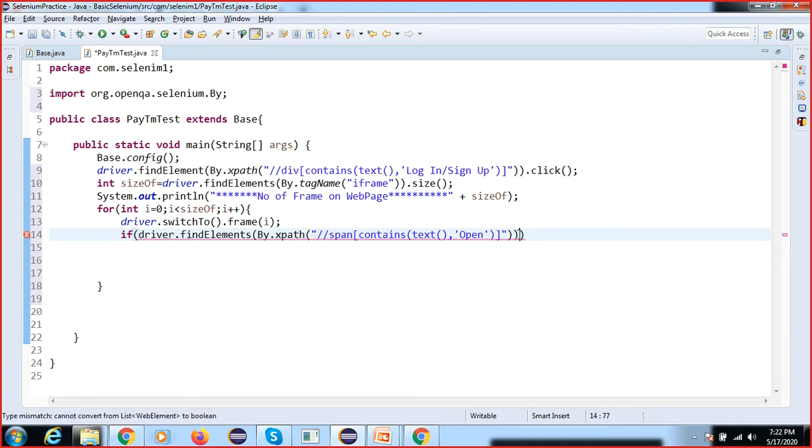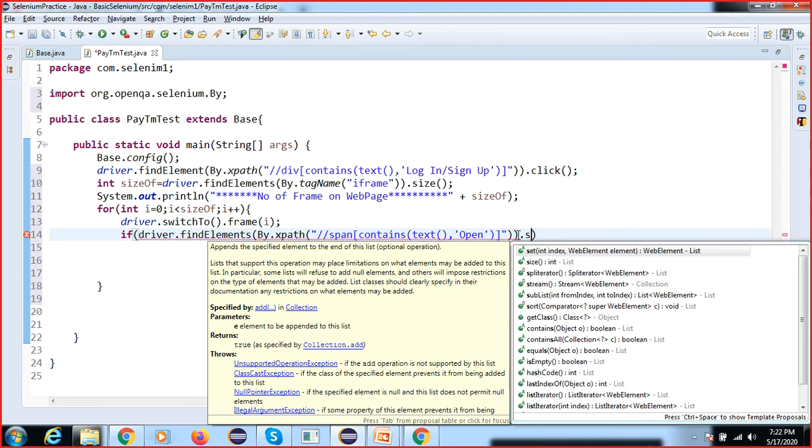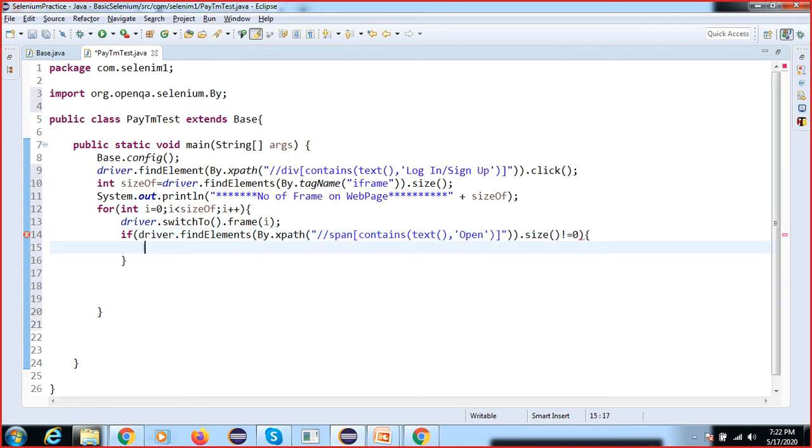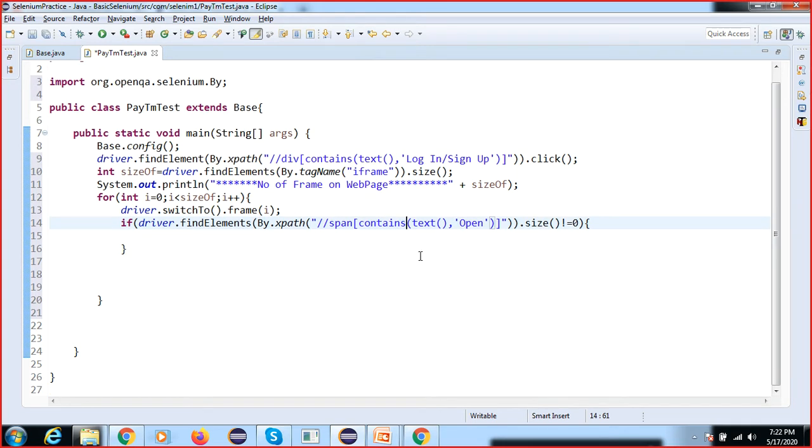Here I will use the .size() method, not equal to 0. This is the condition I will put here. It looks a little bit complicated, but it is not complicated. What I have used here is, first, findElements.